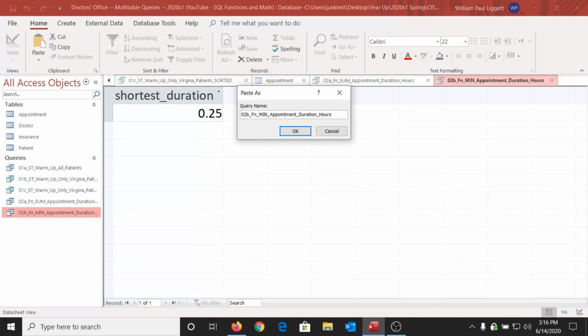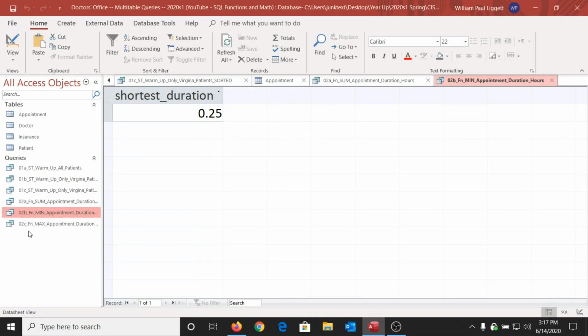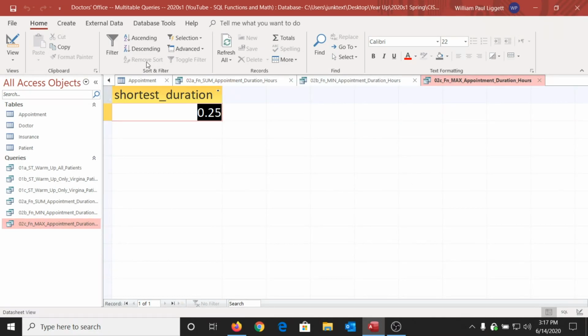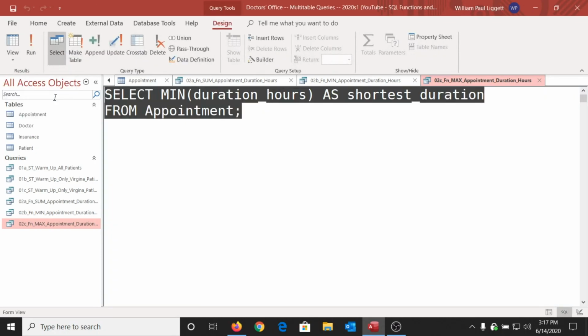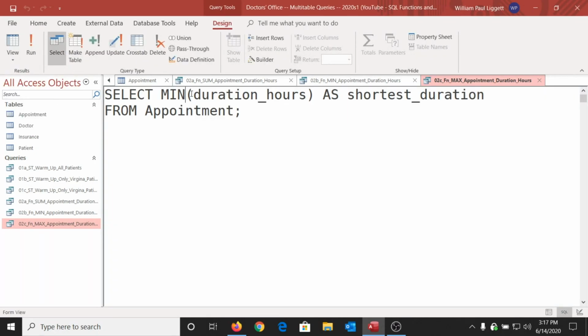This is 0 to C, dealing with max. Sounds good. I'm going to click OK, and double click here. I've got to change it up. Go down to this thing, SQL view. There we go, and we're going to change it to max. Ooh, not min. Max duration hours, not the shortest duration. It is the